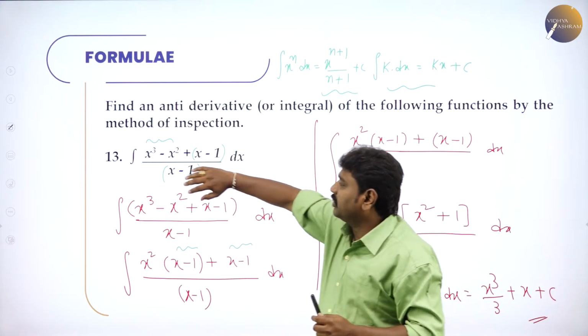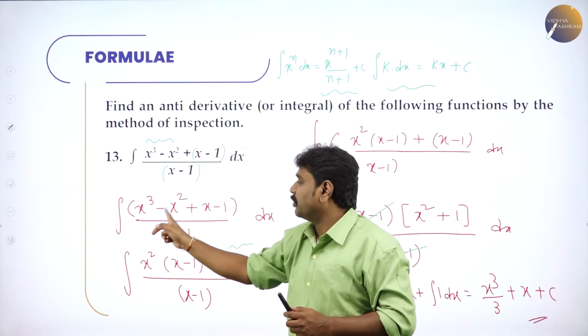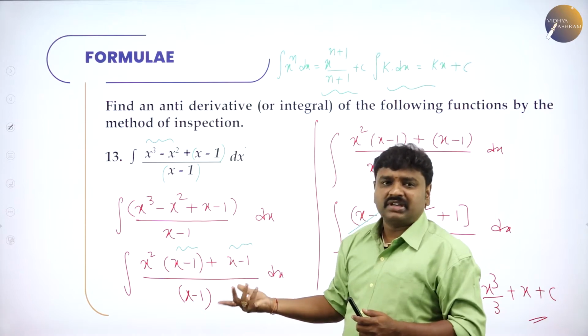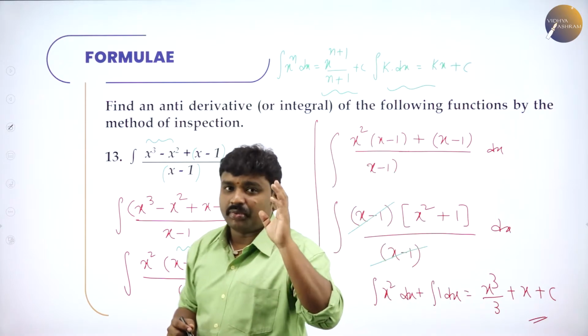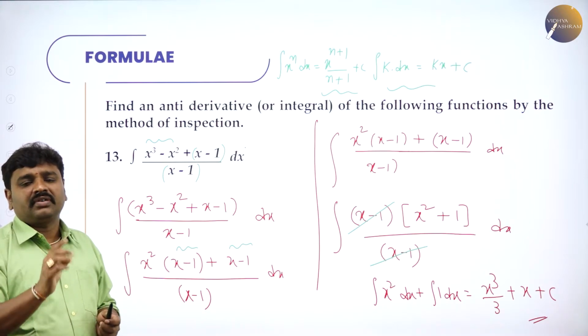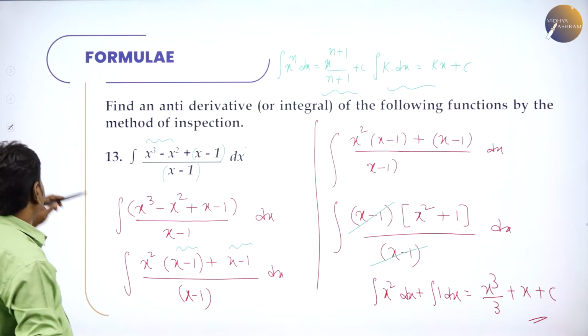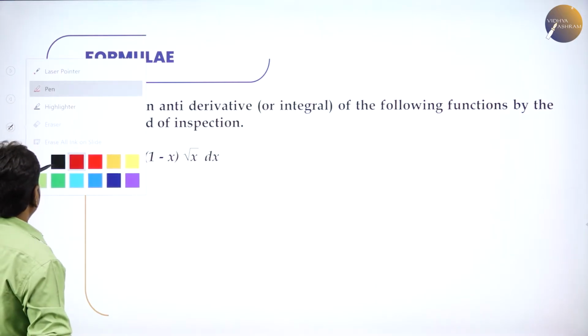Here when I observe, the denominator is x minus 1, and here I have x minus 1. I will try to make this x minus 1 by taking x square common. Then I can take common and simplify. Simplifying plays an important role. For simplifying, your skills of algebra, factorization as well as observation, these three help you. Now